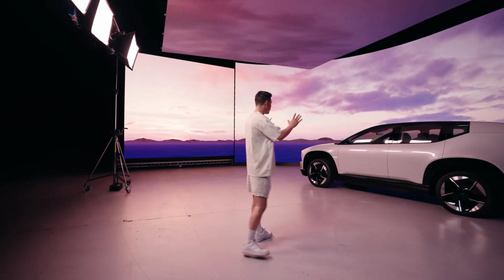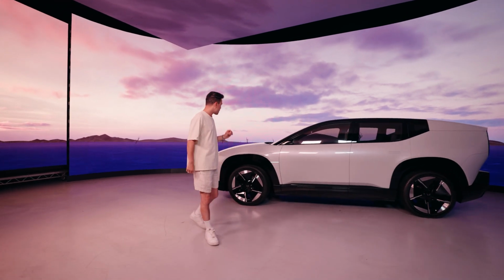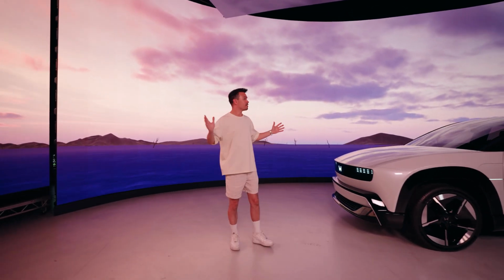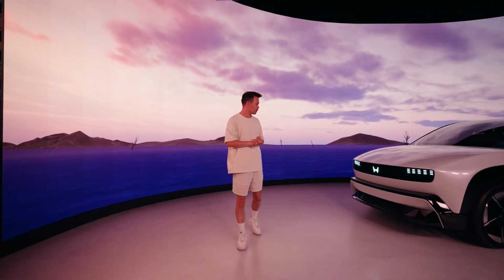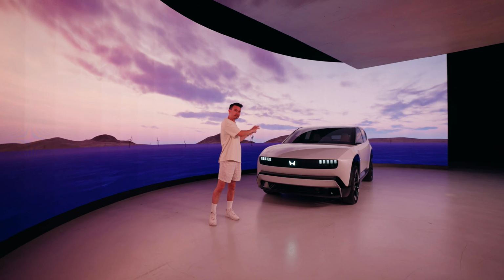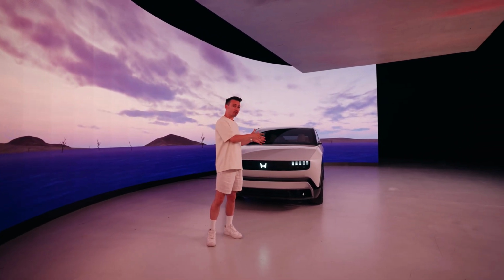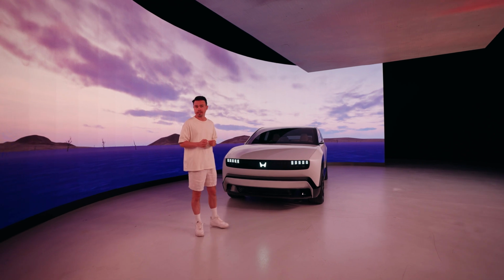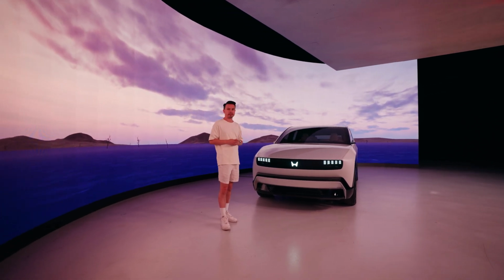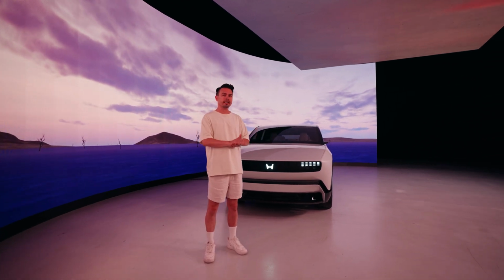So this is a Honda concept called the Honda Zero SUV, and we're on this almost like light stage, volumetric stage, which is pretty cool. And in this video, I'm going to talk about this, which is hopefully coming to market in 2026 in North America and in Europe in 2026 or 2027. We're going to go through the exterior, the interior, and talk about what this means for Honda's future in the